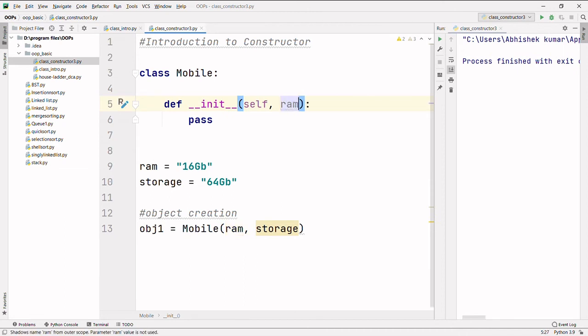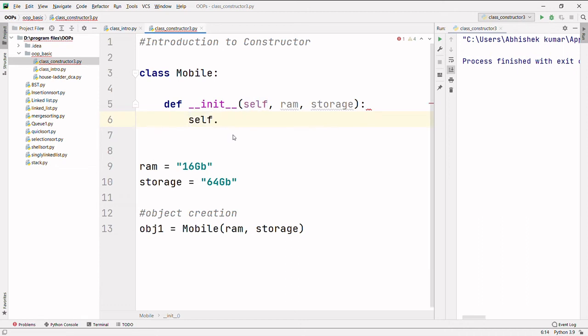Obviously the first parameter will be the keyword self, which is an alternate name of the object that we have created, or we can say it's an instance of that class. Here you can see RAM and storage are just variables, not instance variables. So to make them instance variables, we'll have to use the self keyword: self followed by the dot operator and the name of the variable.